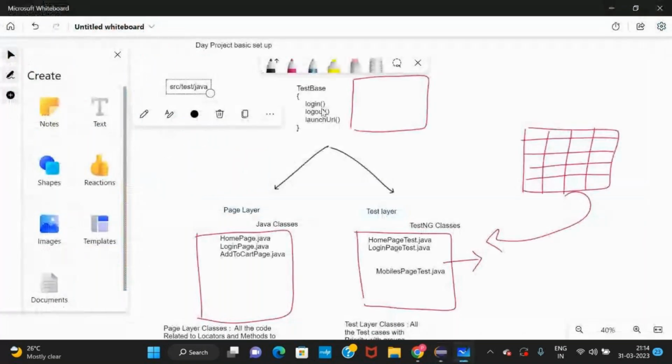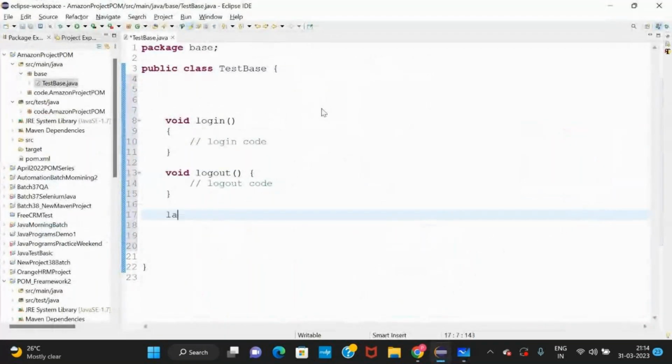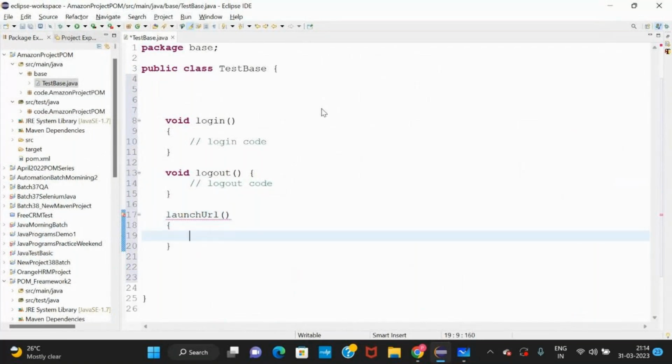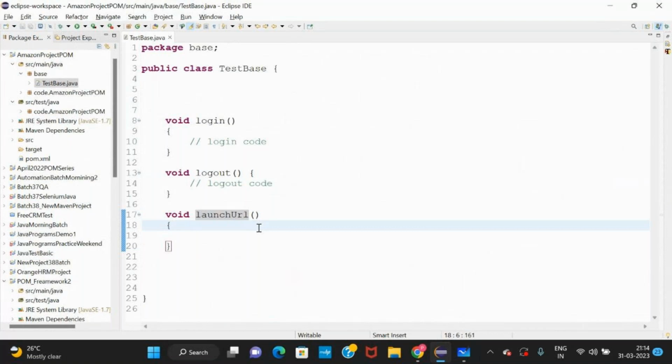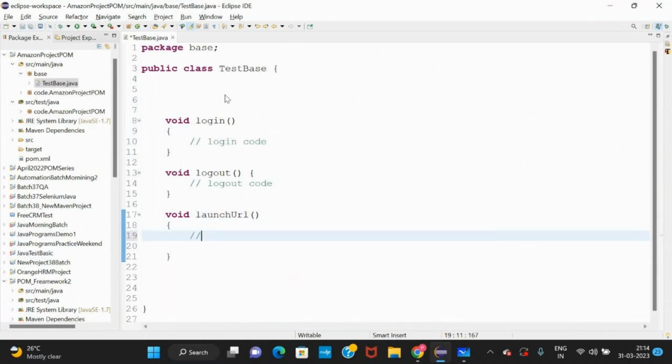And we have launch URL, with empty code for now. The return type is void. These things are needed. And it will have the launch URL code here.